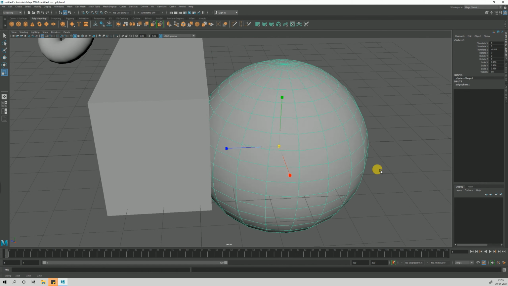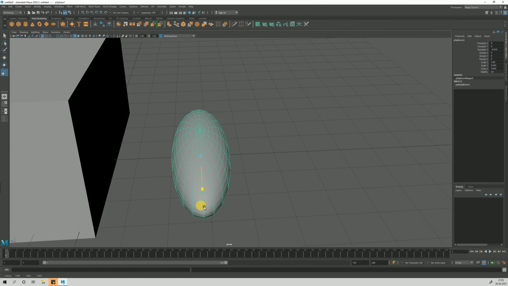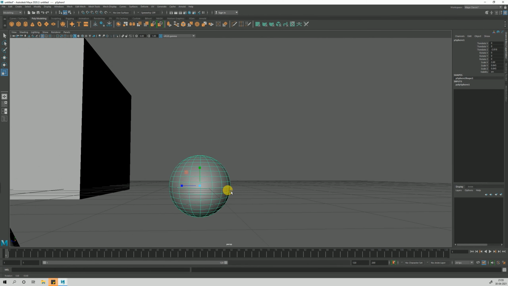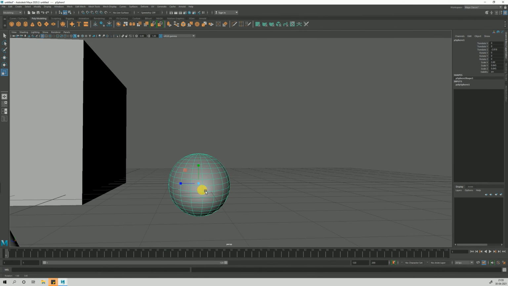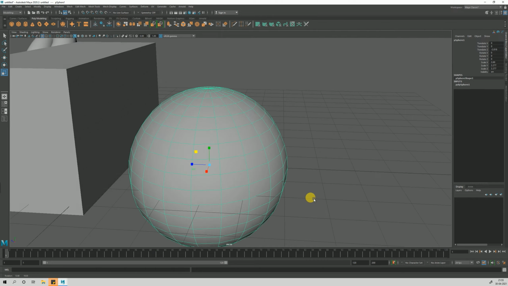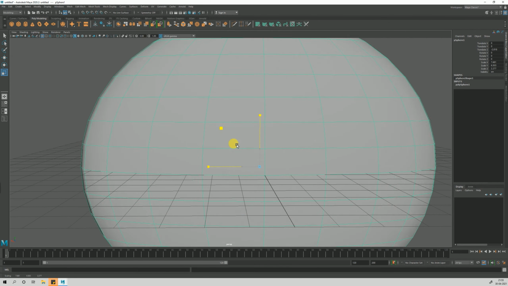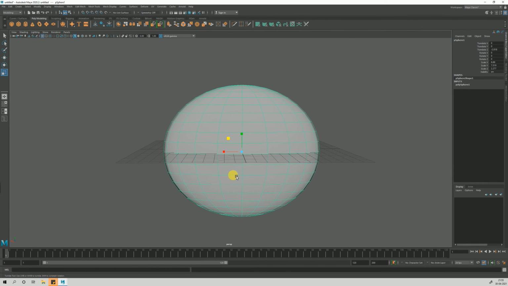You need to be very careful with the scale tool. If I am scaling in this direction or in this direction, it looks like it's scaling properly, but as soon as you change your axis, you'll see something wrong. Like, scaling from here looks okay, but if you change, oh my god, what happened?